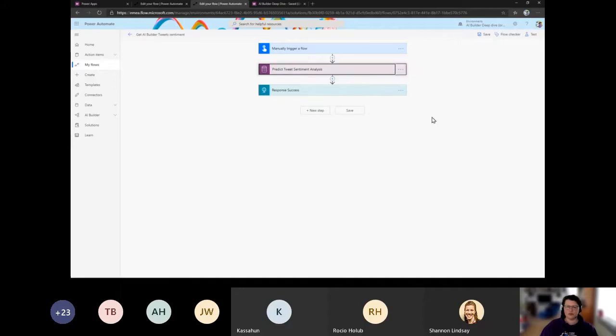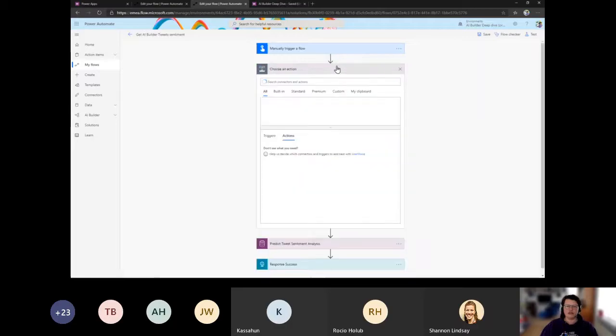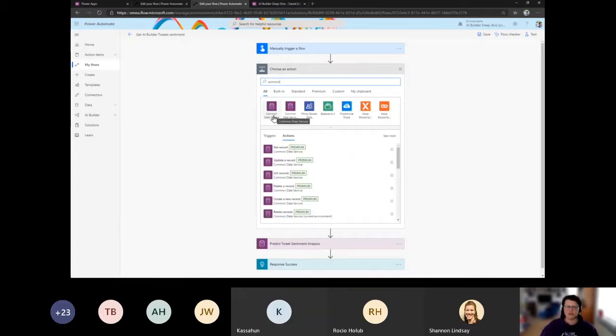The first flow I want to show you is how to get information from a model within Power Automate. In this case, I'm using the sentiment analysis model. The models you can use in Power Automate by using the predict step that is part of the Common Data Service current environment connector. And I don't know if you know it, but the Common Data Service actually has two connectors: the normal Common Data Service or the Common Data Service current environment. The predict step is only available within the Common Data Service current environment.